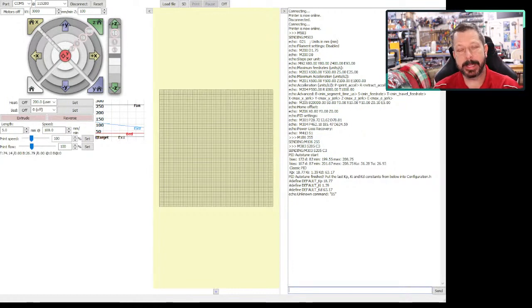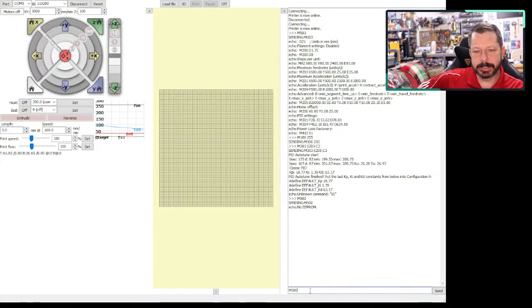And then to actually make it where they stick, where they don't drop out again when I'm done, you do M500. So M500 saves all the settings, including those PID numbers, onto the printer, so that when I turn the printer off and back on, they're still there. So I can do M500 because it didn't actually change anything. And then, I don't know why I said no EE problem. That's kind of odd. But maybe because I didn't have any changes to save. So that would be the process of putting these new numbers into my printer, so that it has the best chance